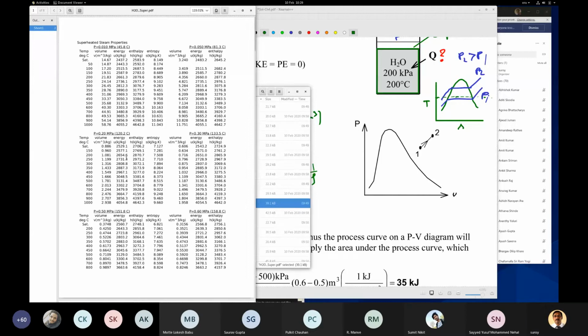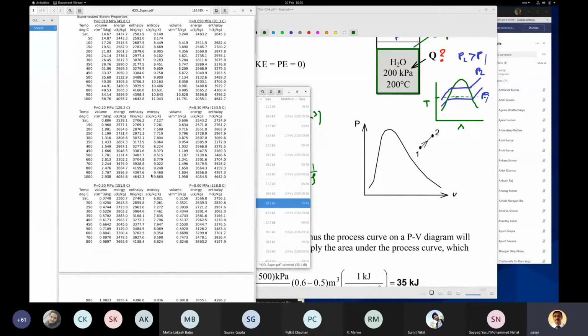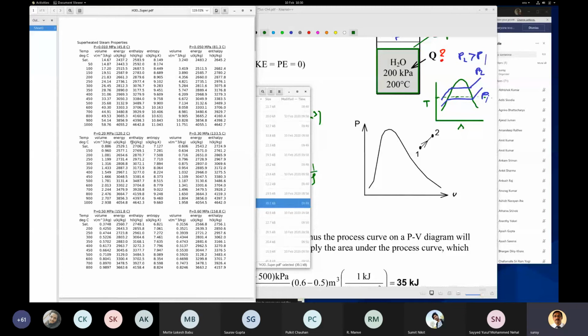Okay. So here, the specific volume. So this is the superheated steam. For superheated steam, this is how it comes, and you have to look up the book. This is also given as tables for superheated steam, for different temperatures and pressures. So this is also something that you can look up.